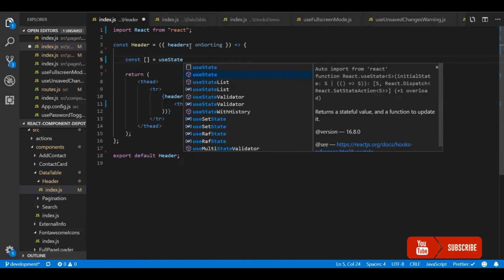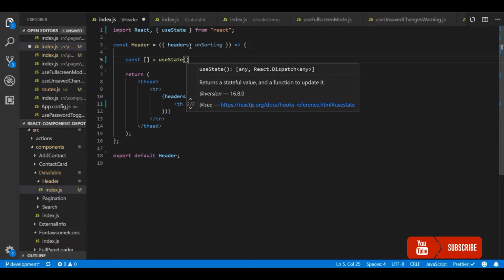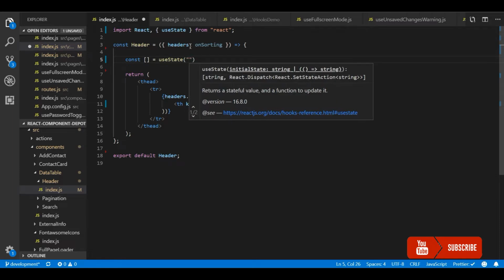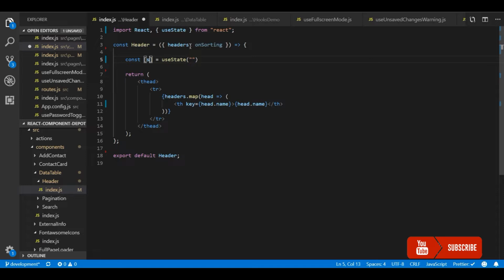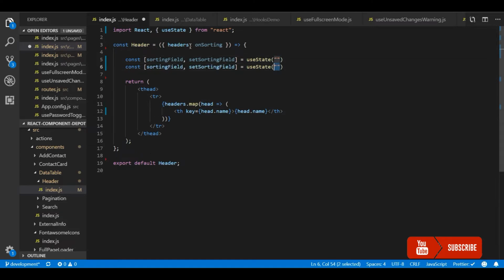Based on this we will display an up arrow icon or a down arrow icon, depending on the sorting order and on which field we need to show the icon. So this has a function to update the state, set sorting field, and the second state is the sorting order, which will by default be set to ascending order, with set sorting order as its updater.